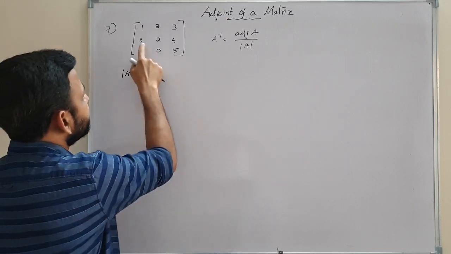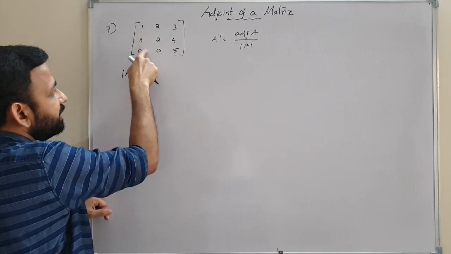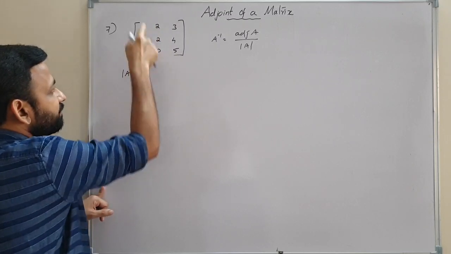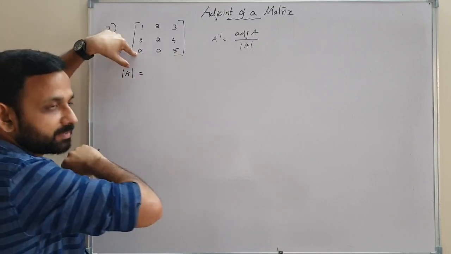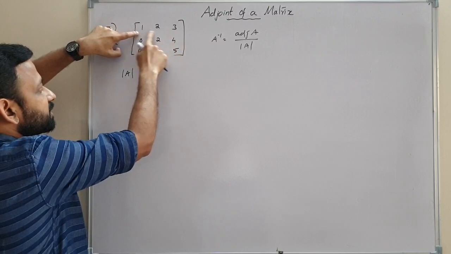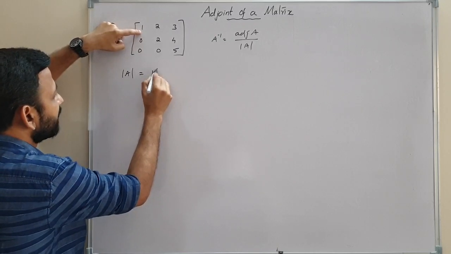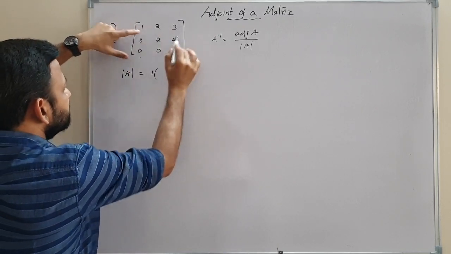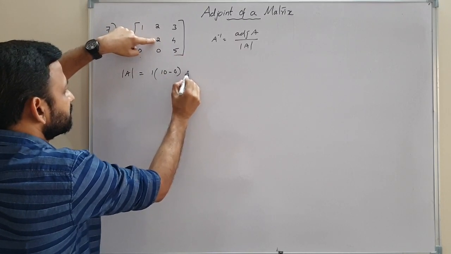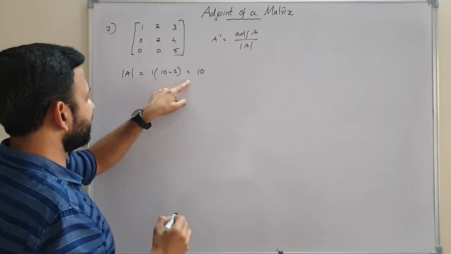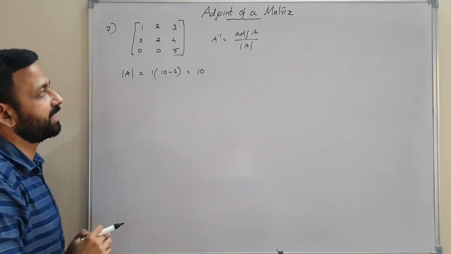So when we find determinant A, here we have two zeros. So if we use the first column for finding determinant A, it will be easy. By using the first column, we can find the value of the determinant because we have two zeros here. Or we can use the third column, third row, or first row. When we use the first row, we have to take all the terms, but here one term is sufficient. So 1 into, deleting, 2 into 5, 10, minus 0 into 4, 0. So the determinant is 10. Determinant A equals 10, which is not equal to 0. So we can find the inverse of this matrix.